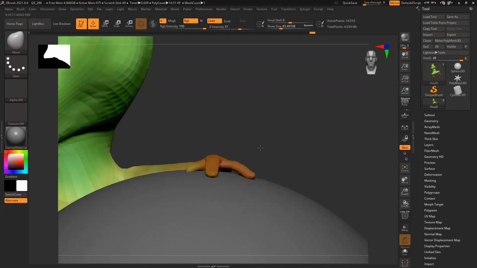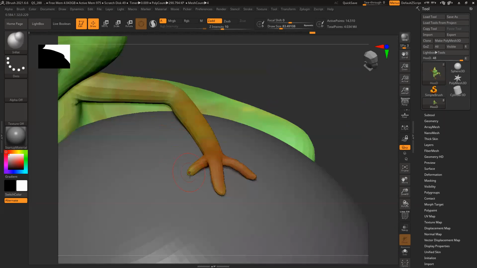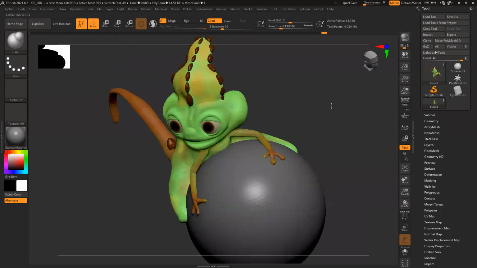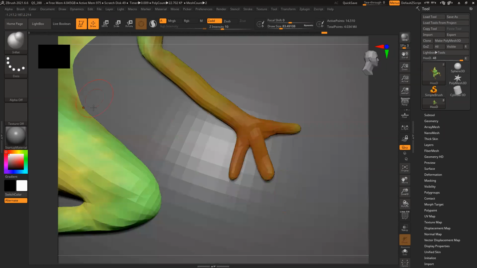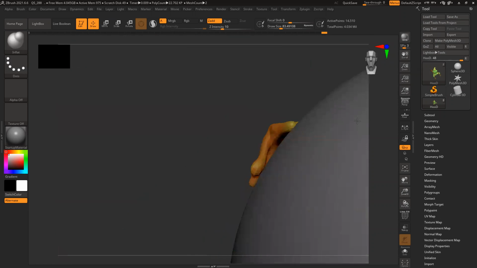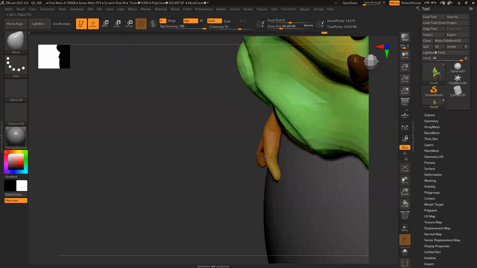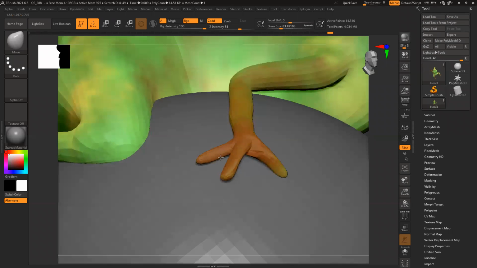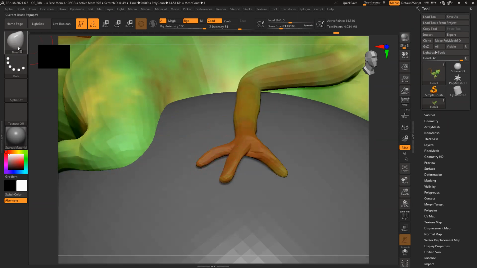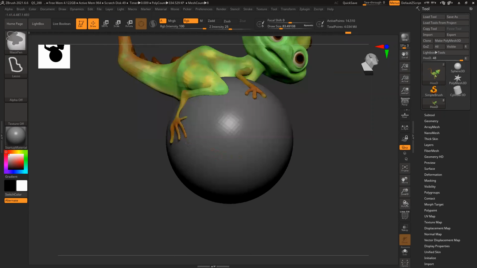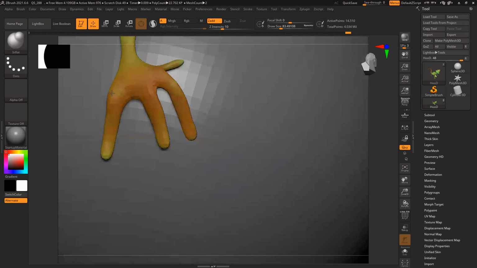And move. Move brush. Inflate. This shape is not correct.